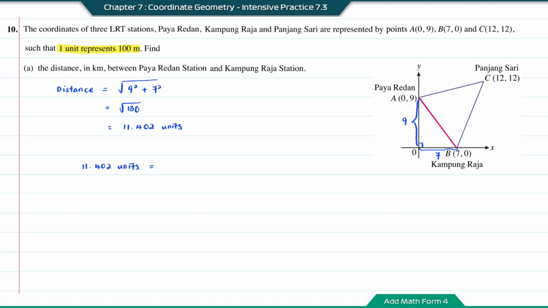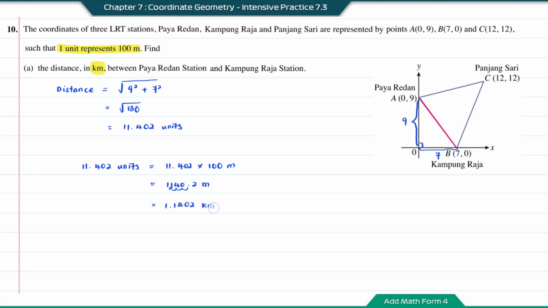So 11.402 units will be 11.402 times 100 meters. This is equal to 1140.2 meters. But the question wants the distance in kilometers. So to convert meters to kilometers, we're going to divide by 1000. So here we're going to move the decimal place 3 times to the left-hand side. So it is equal to